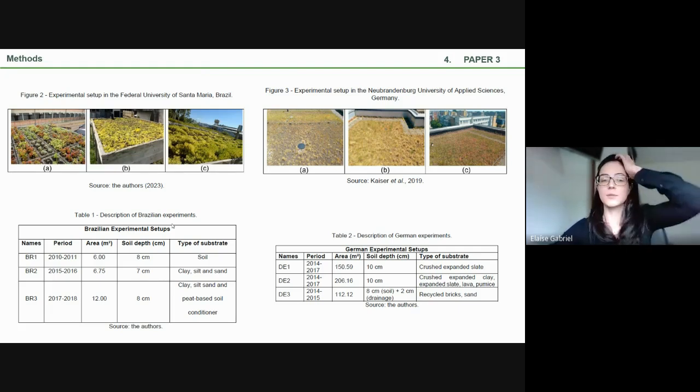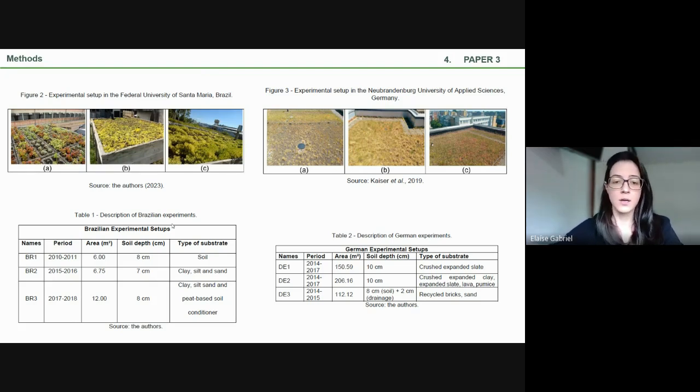Regarding the German green roofs, they were located in 2 different buildings at the Neubrandenburg University of Applied Sciences. In building 3, DE1 and DE2 were built, and they were made from Ullapore and Optima commercial growing medium. DE1, in Figure 3A, had an area of 150 square meters with a substrate layer of approximately 10 centimeters of crushed expanded slate, and the underlying structure was integrated into the green roof surroundings,